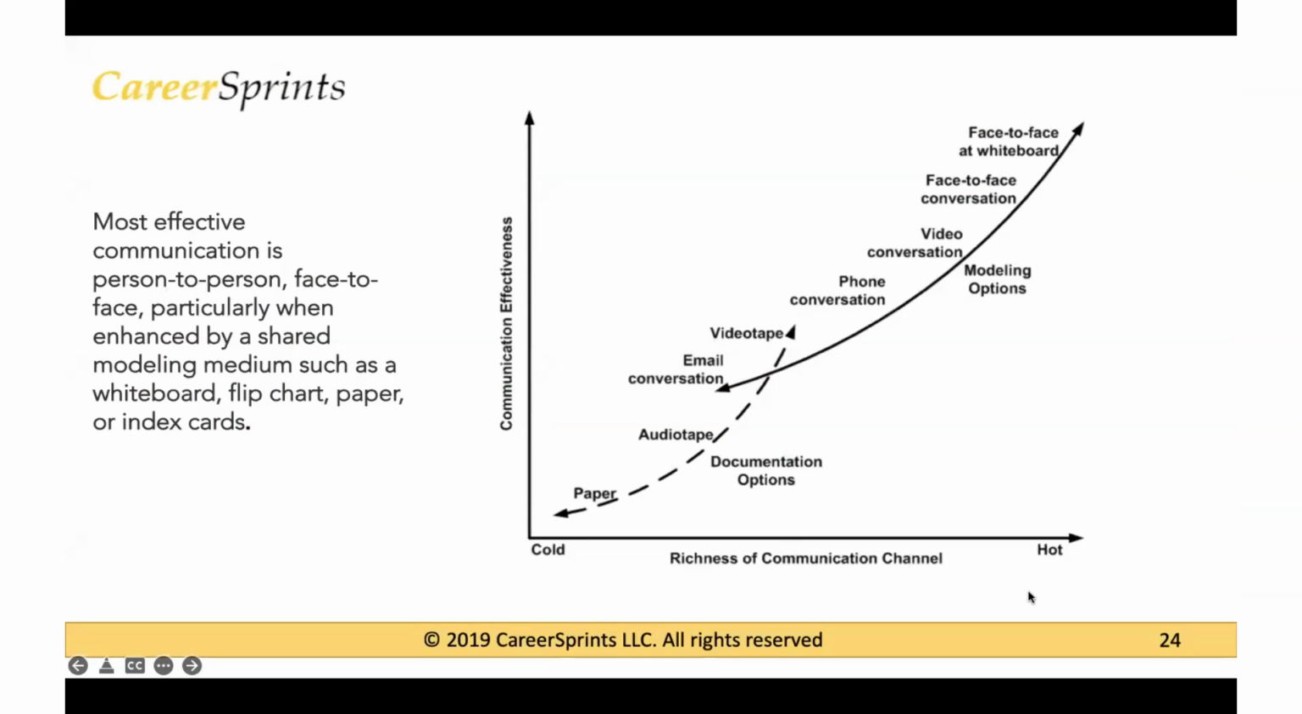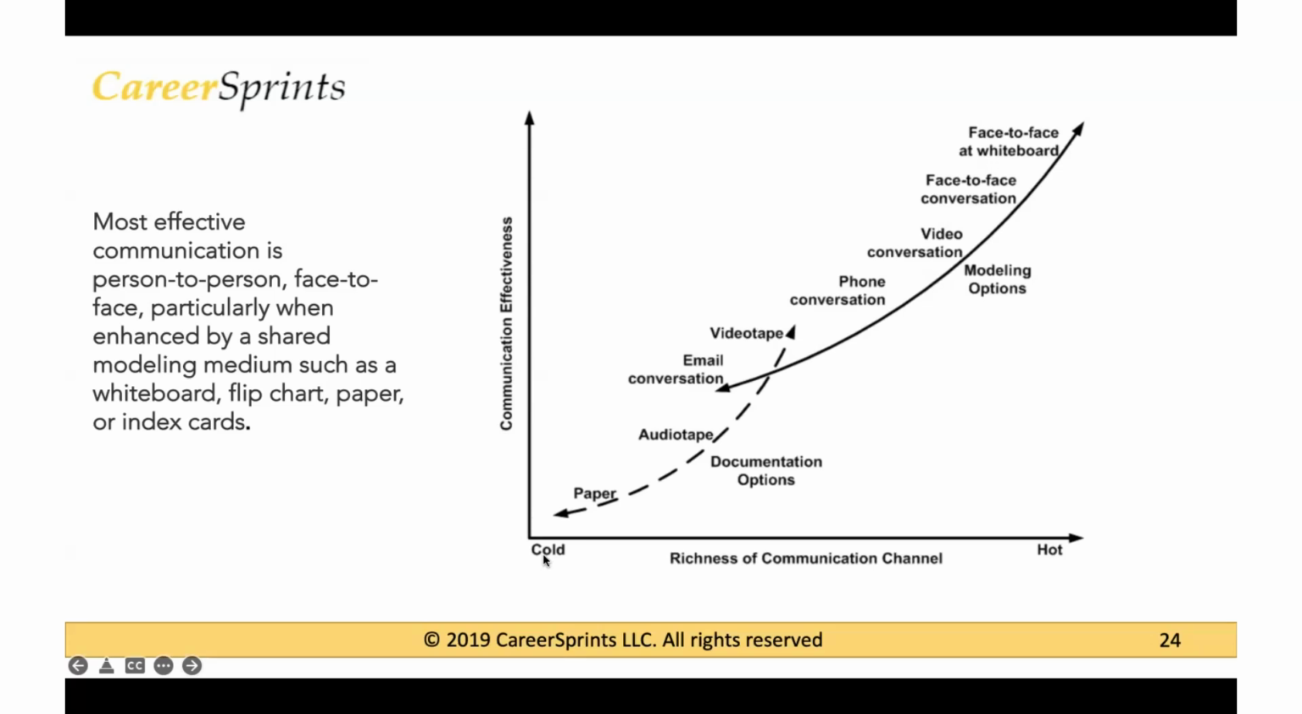Now let's talk about the richness of communication channels. Normally, when you look at agile teams, agile teams prefer to do face-to-face communication. And when we talk about communication, depending upon the tool that we use for the purpose of communication, the richness of the communication would change, right? If you see, there is an x-axis which says richness of communication channel, and then